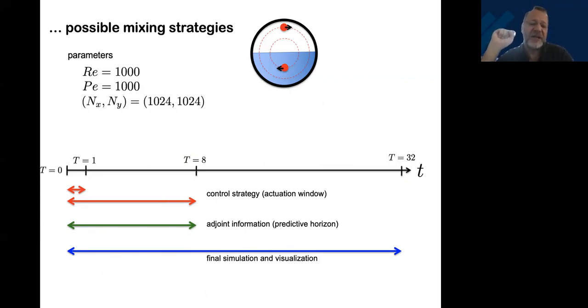One is a very short horizon strategy, and the other one is a long horizon strategy. In the short horizon strategy, I give you 1 time unit. So you only have time to control for t equal to 1. After that, the stirrers will stay wherever they are at t equal to 1 and not move anymore. But the optimization will still have seen everything up to time horizon 8. So it will know what happens after the stirrers stop. That information is part of what you do within the time unit of 1.